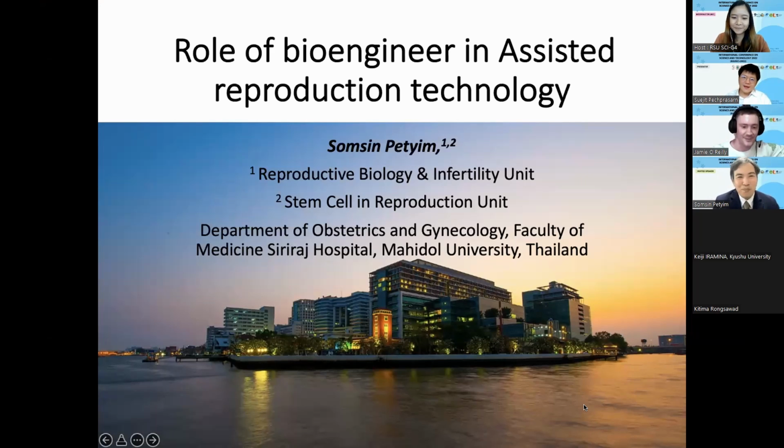It's quite an interesting topic that today I'm going to present about assisted reproduction. It's quite different from the brain and ADHD, so you have to switch your brain for a bit. Today I'm going to talk about the role of the bioengineer. It's quite a different view that an engineer might see of the way to assisted reproduction in